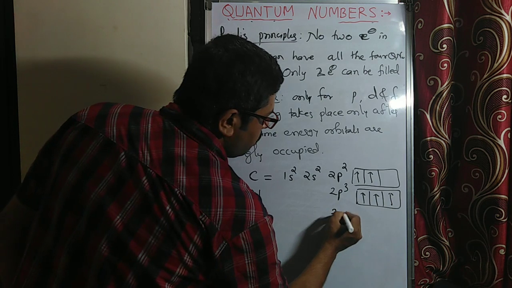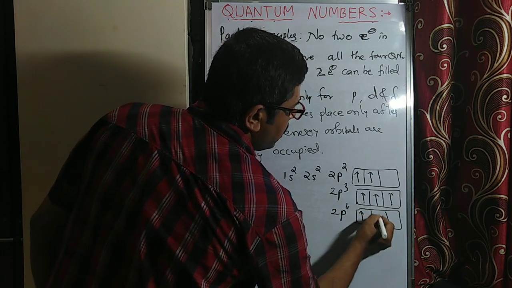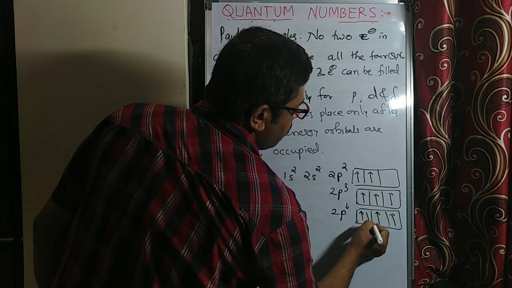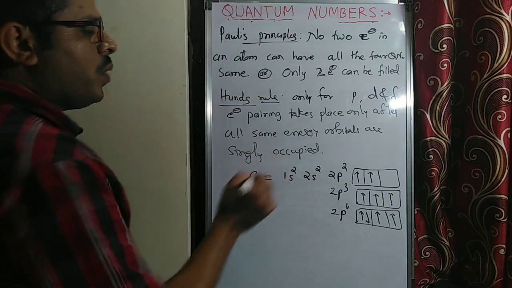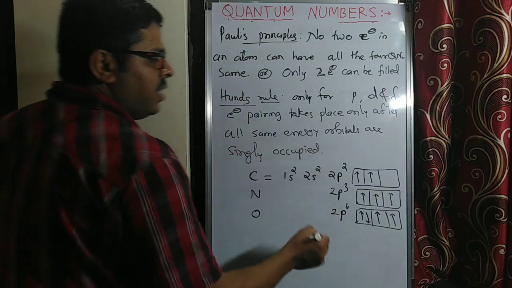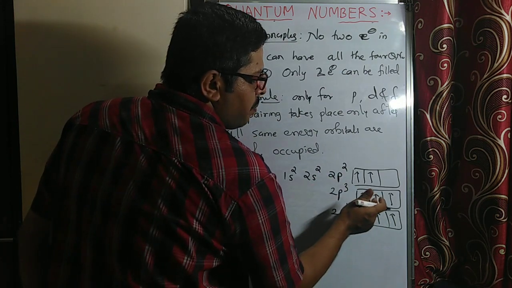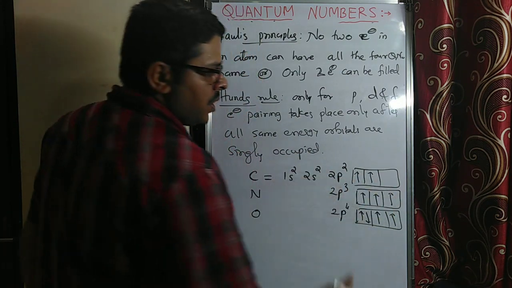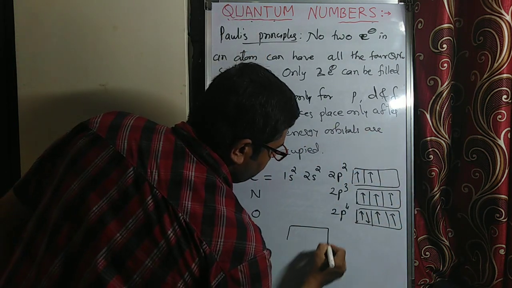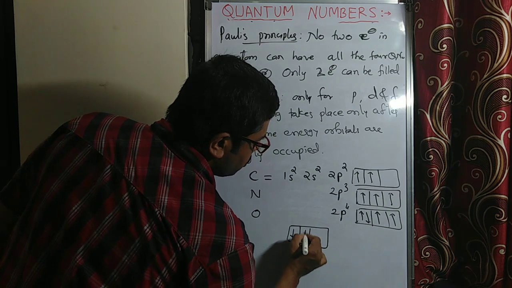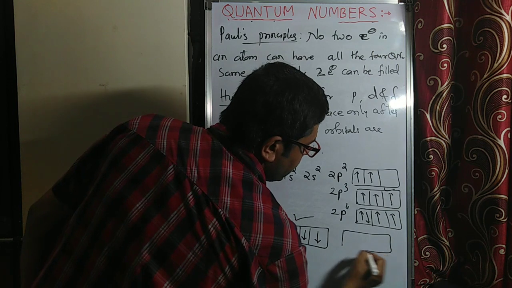Then oxygen, 2p4. How will you fill 2p4? So 1, 2, 3, 4. Like this we will fill 2p4. Like that 2p5, 2p6. One thing I will tell you in this particular case: whenever you fill the electrons, it is not like 2 plus half and 1 minus half. That is wrong. All 3 minus half is allowed, all 3 plus half is allowed. For example, nitrogen you can write like this also. This is allowed.